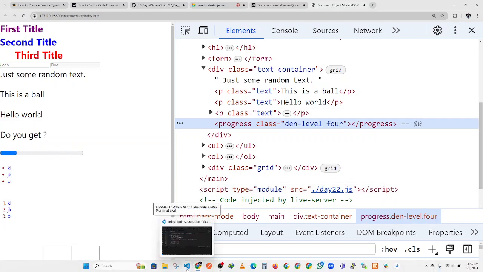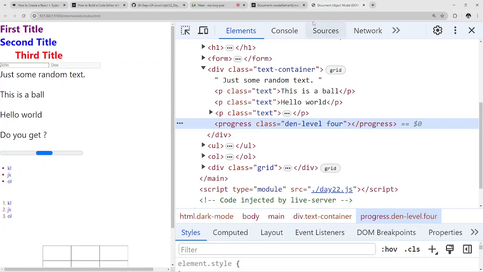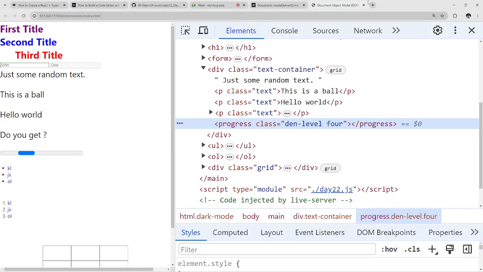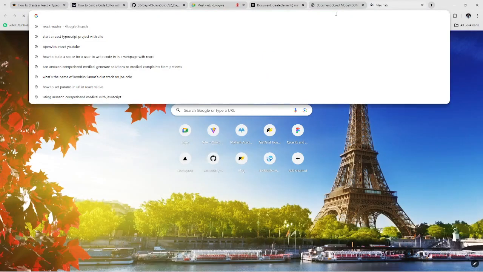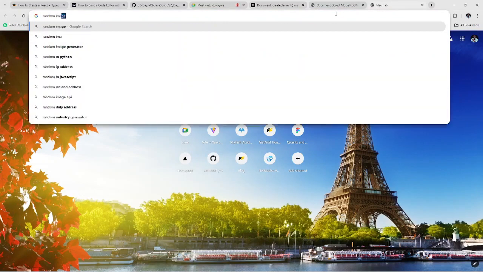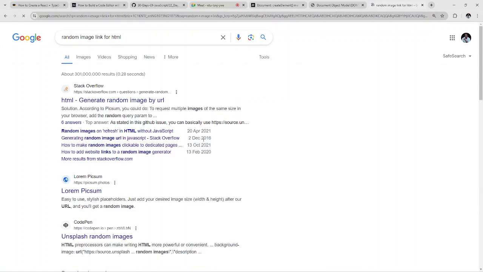Let's create a random image and now for that, yeah, I think